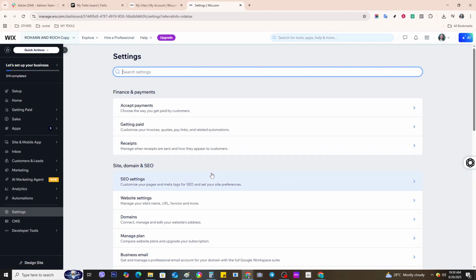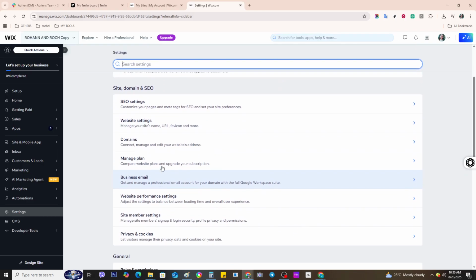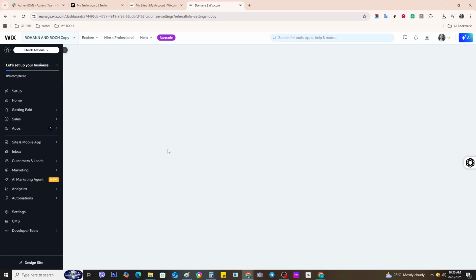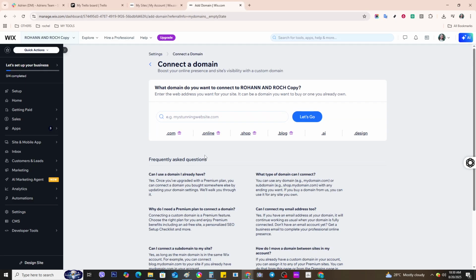In the Domain section, you'll encounter a couple of different options depending on how and where you purchased your domain. If the domain you wish to connect was purchased directly from Wix, the pathway is relatively simple. Just assign it directly to your website. However, if your domain is from an external provider like GoDaddy, Namecheap, or Google Domains,